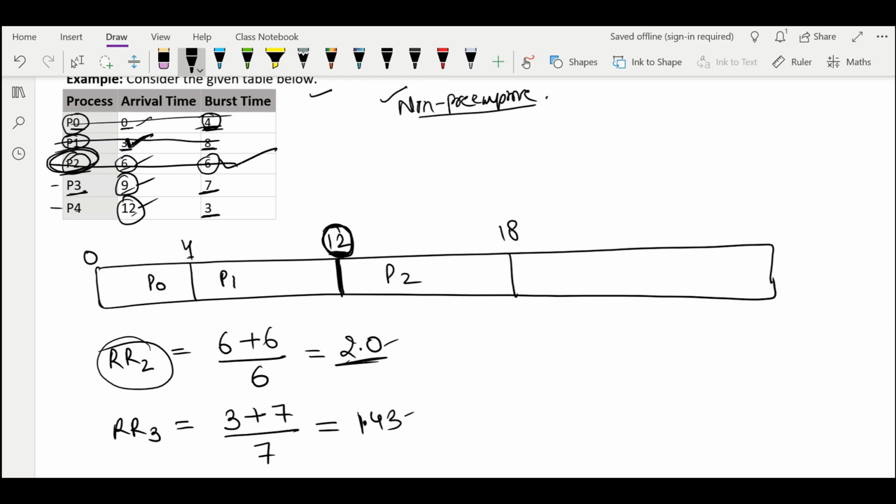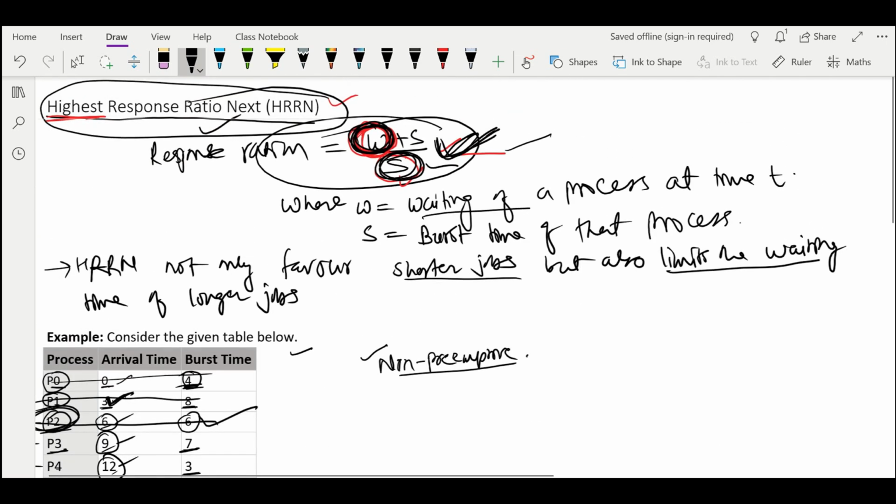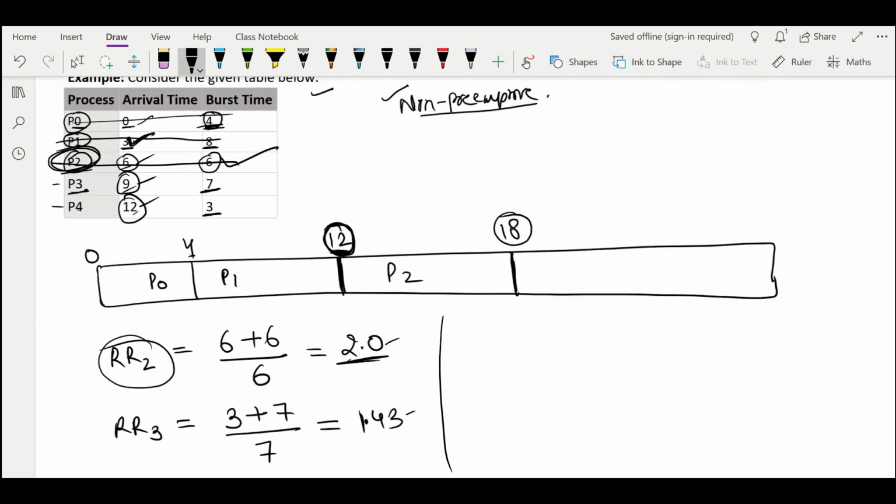So this is over. Now at time 18, you can see the waiting time of a process at time t. So this t is at 18. So how much time has it waited for? Now we have to calculate the response ratio of P3 and P4. So let's see, the response ratio of 3 is equal to, what is W? 18 minus its arrival time, this is 9. So (9 plus its burst time, that is 7) divided by burst time, that is (9 plus 7) divided by 7,